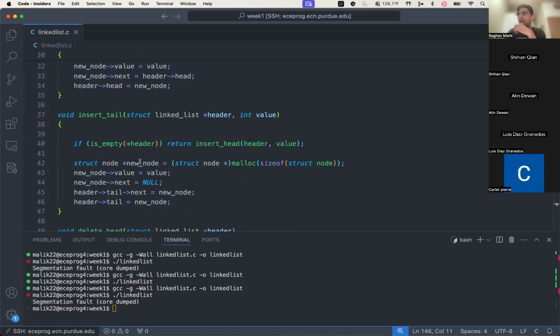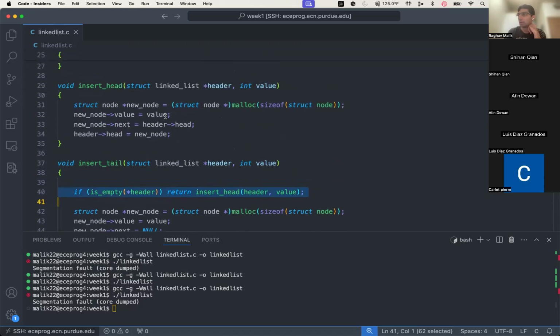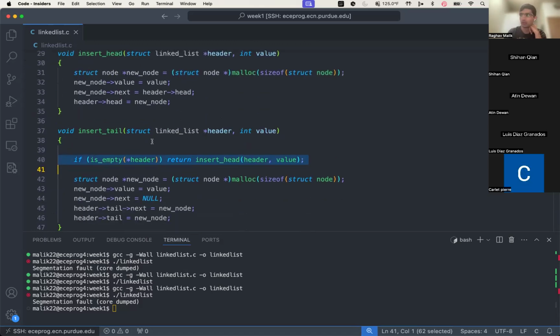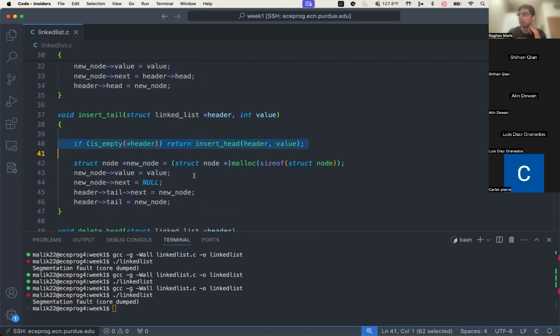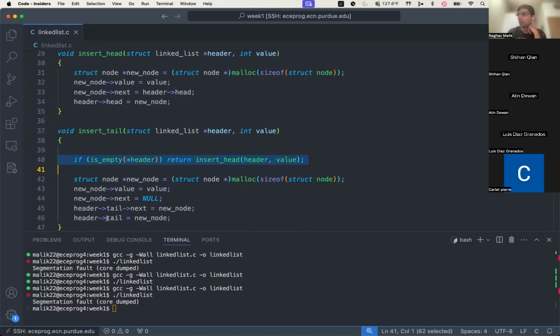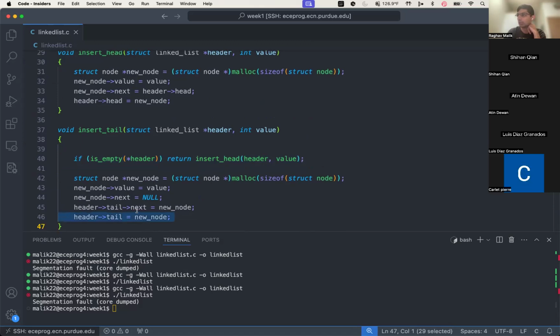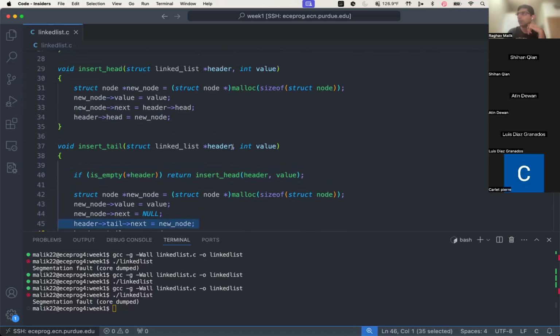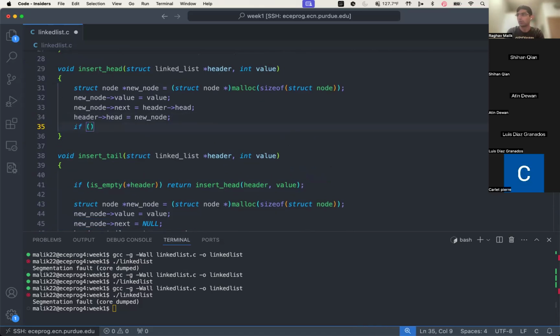Not empty, but the tail is null. Exactly. So doing this has kind of delayed the problem, but it hasn't actually fixed anything, right? Because tail is still null. Tail only gets assigned to if it wasn't null to begin with. So maybe we can fix that by an insert head if